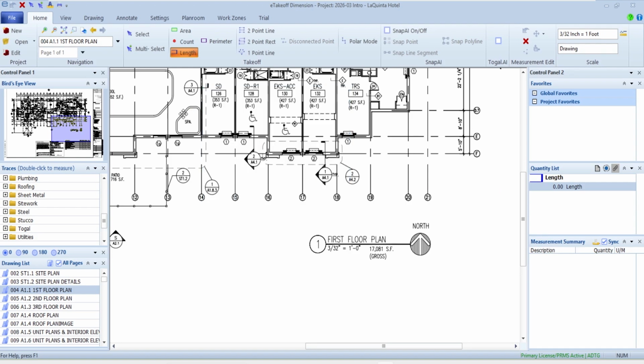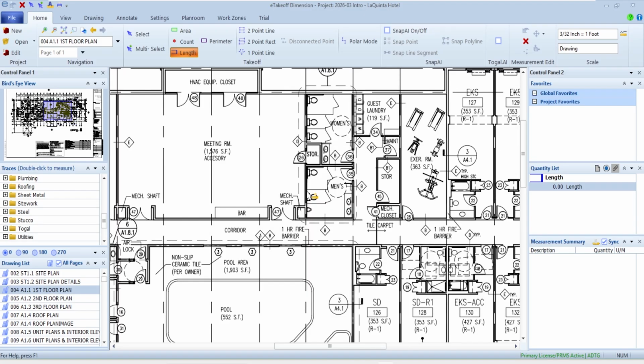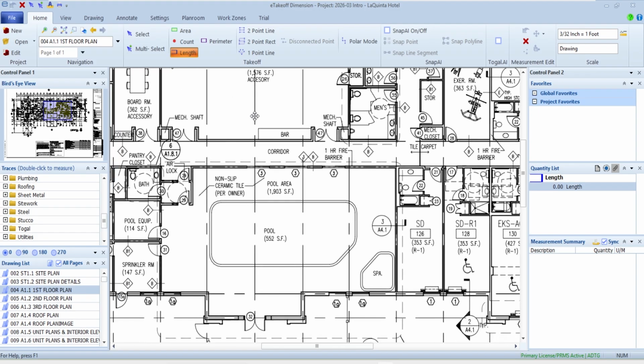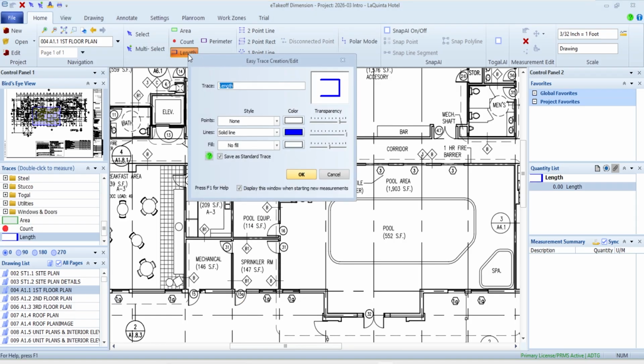And now I want to start thinking about some measurements. So as I go through here, let's say that I've got some different wall types or things of that nature going along here. I just want to find some lineal footages, let's just say. So I'm going to say that these wall types are like a B type. So I'm going to go ahead and say that I want a length.